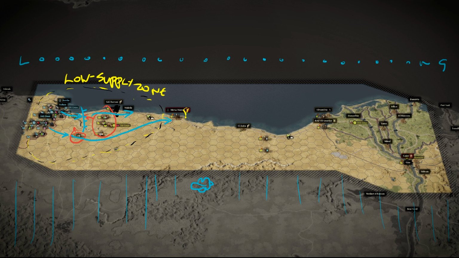As for the rest, just block their supply and push your tanks as quickly as possible, as far as possible, because the distance you need to cover is huge. On turn 7, around the time you reach Alexandria, the British will get a bunch of reinforcements around Alexandria and around Cairo. Thankfully, though, they're all infantry, and in these open areas of Western Egypt, they're just going to become